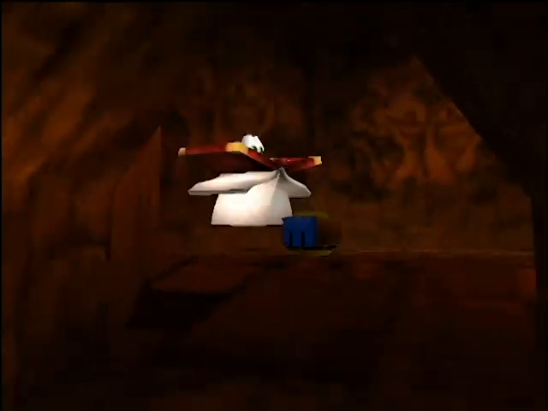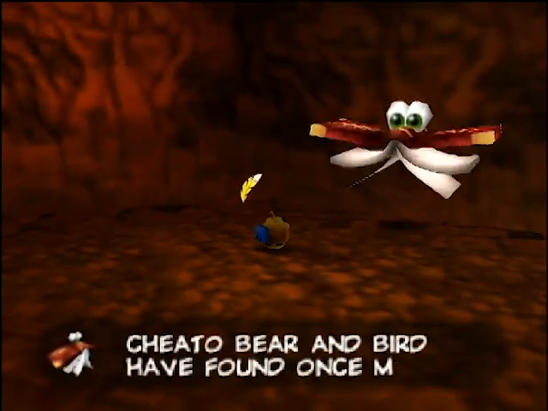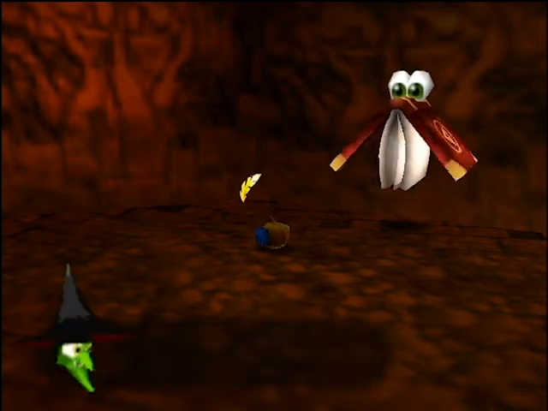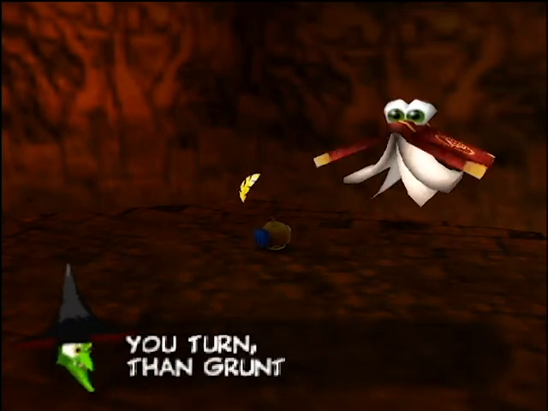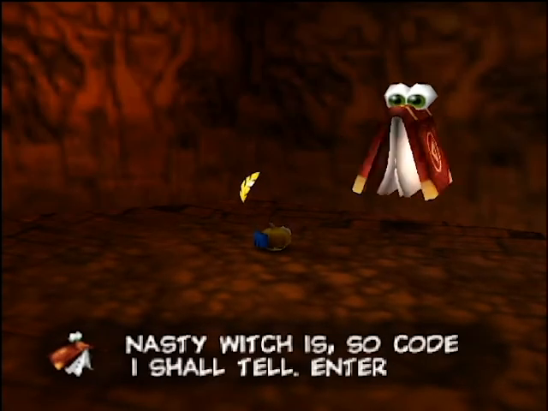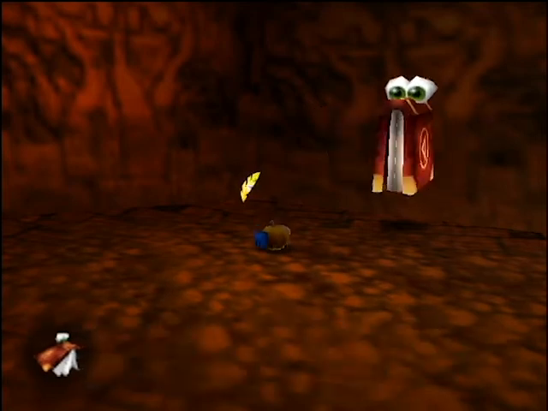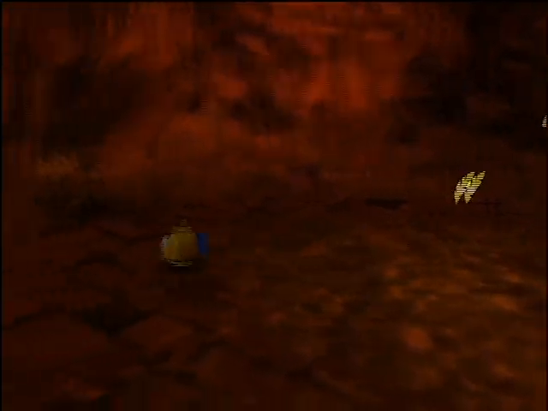Alright, through this tunnel is Cheato once more. It's been a while since we've seen him. Cheato, Bear, and Bird have found once more. Another spell they get. If one more page I see you turn, then Grunty shall Cheato burn. Nasty witch is, so code I shall tell. Enter red feathers on sandcastle floor in Treasure Trove Cove. We'll be doing that, but we'll also be doing that later, because as it currently stands...